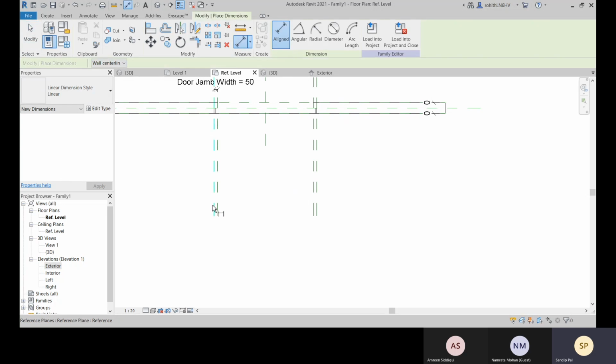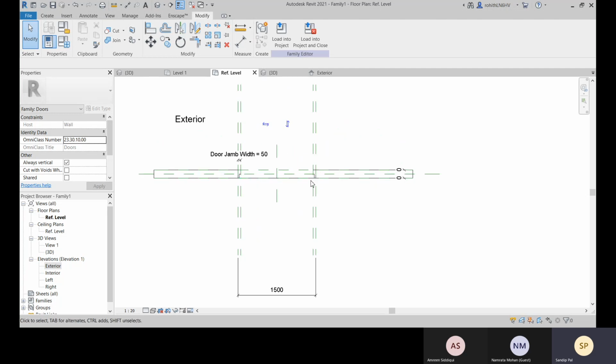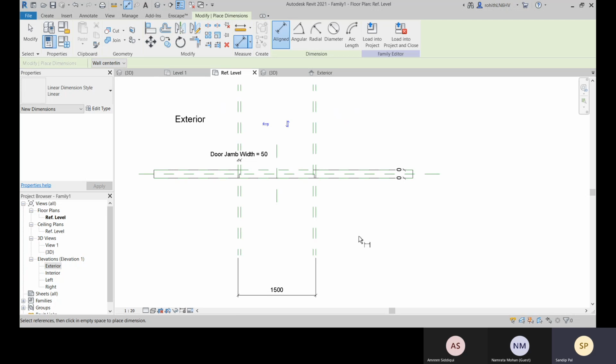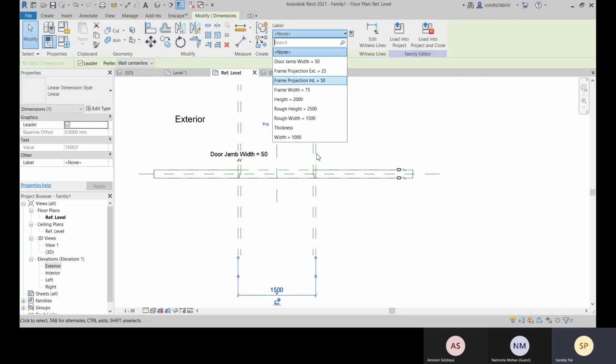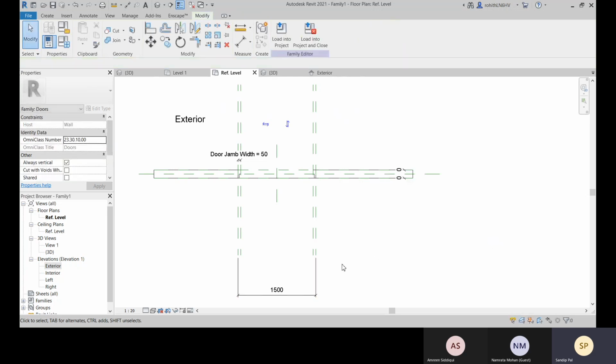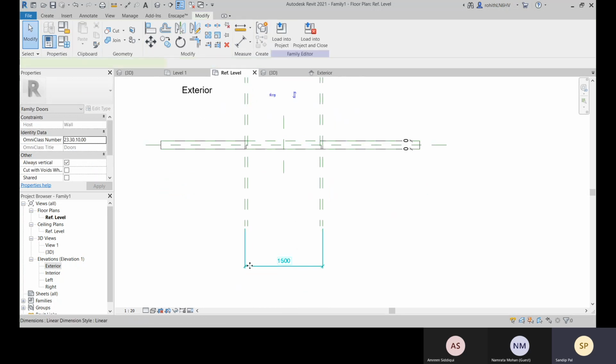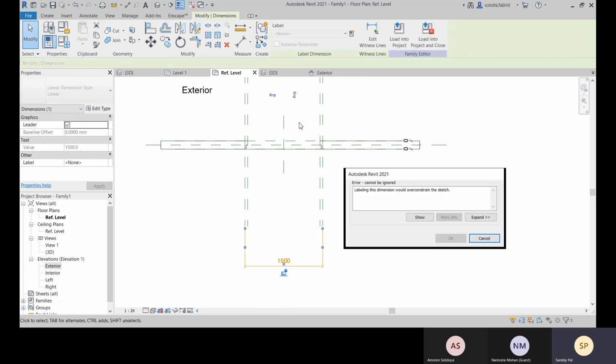We will apply this to this. This is as a rough width. It is first. So this as a rough width.